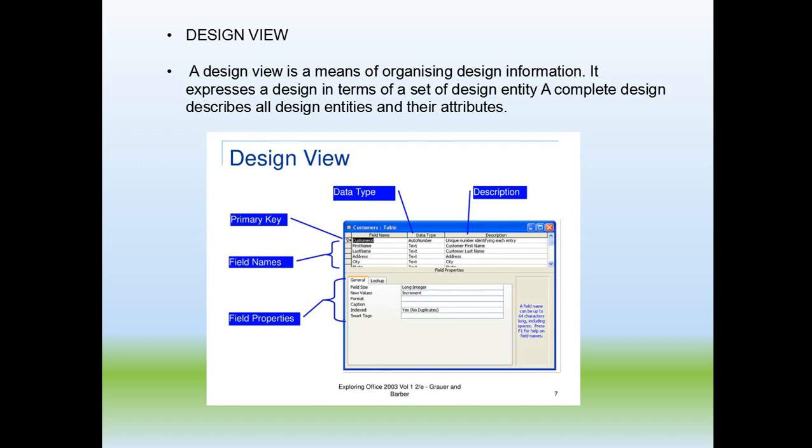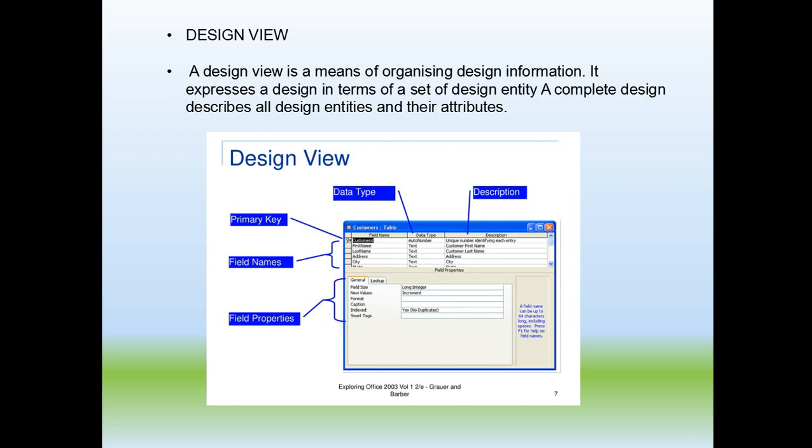For example, as we can see in the given diagram, a primary key is assigned to the customer ID, and for customer ID the data type is auto number. That means it will accept numbers, a unique number identifying each entry. Each entry will have a different number because it is assigned with the primary key. The data cannot be repeated.